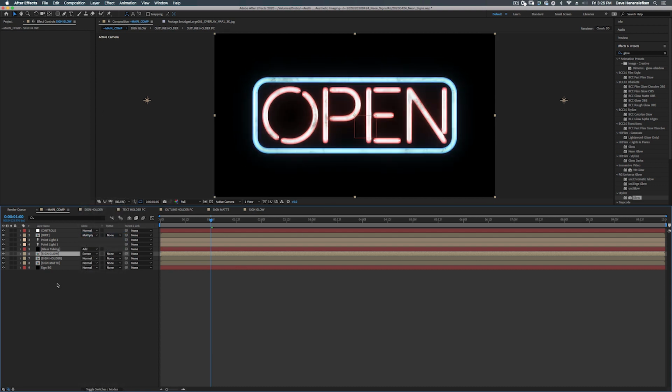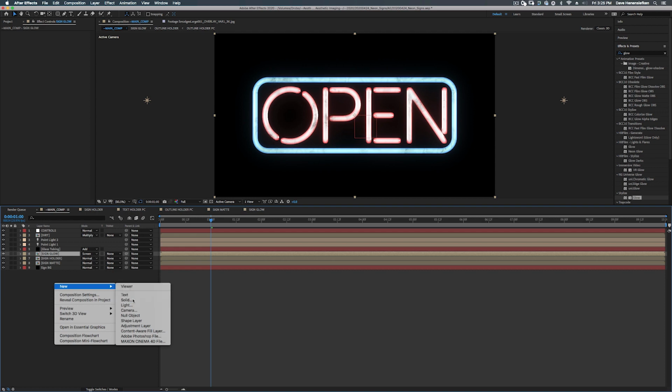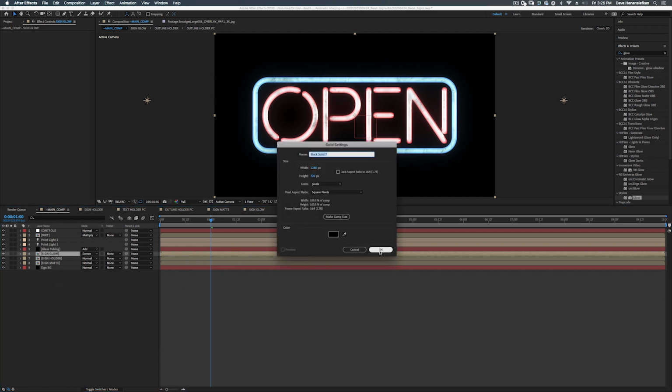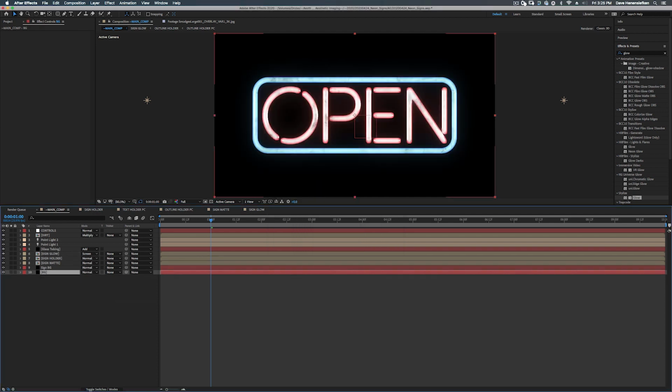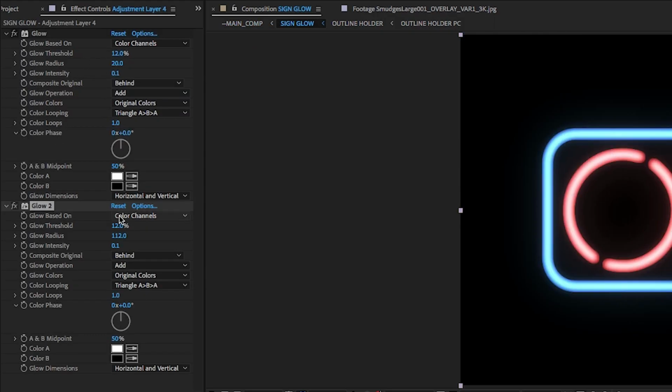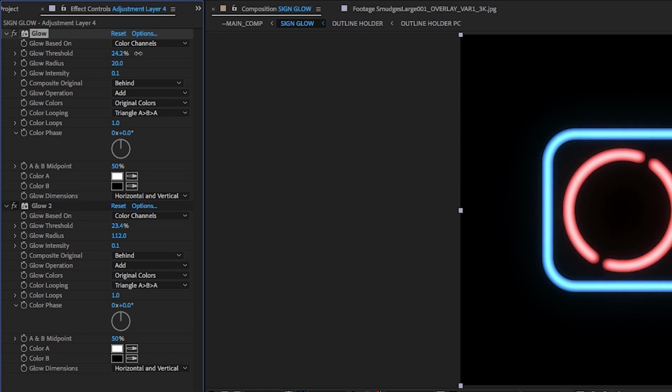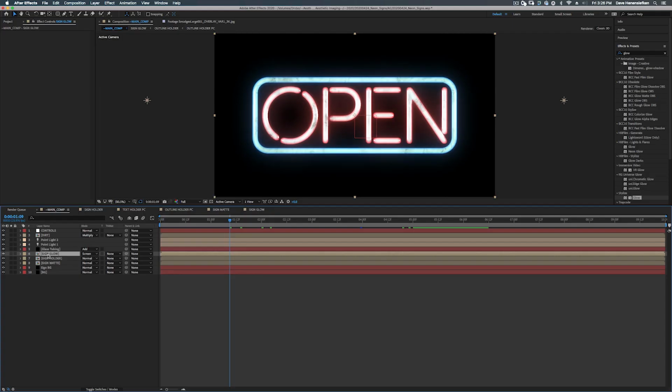All right, so now we want to create a solid black background, and we'll call this background. Shift Command open bracket to bring it to the bottom. And under Sign Glow, I'm going to turn this up, but turn up the glow intensity. All right, so now we have our sign glow, and that's